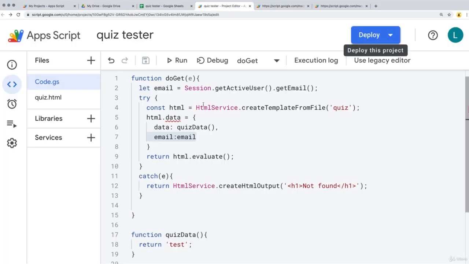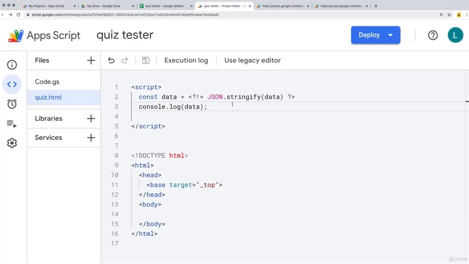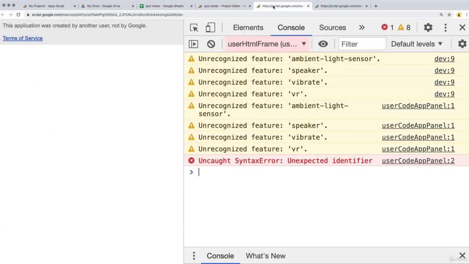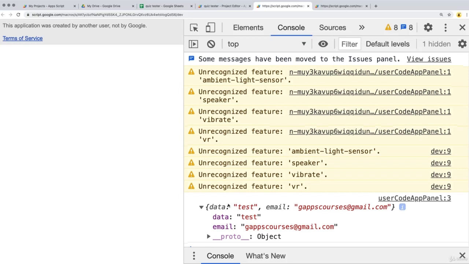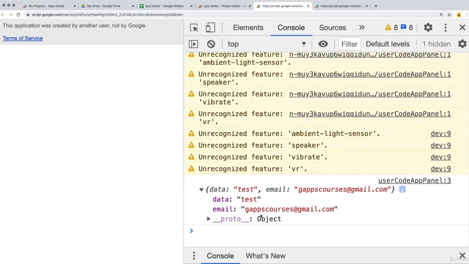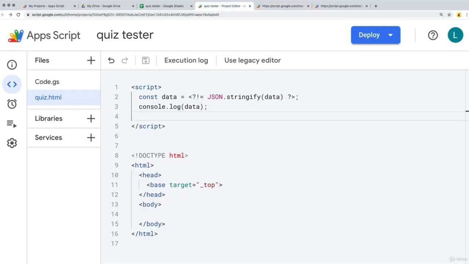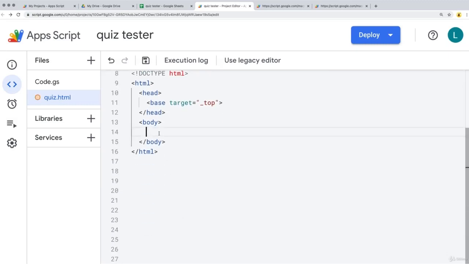So let's go back and we'll see what happened within the code. And we do need to have the colon there at the end. And there's our data and our email content. So we're already bringing it into the client side. So we can use the content that's been sent from the server side to the client side. And now we can start producing the questions. So let's continue to set up the client-side code for the web app